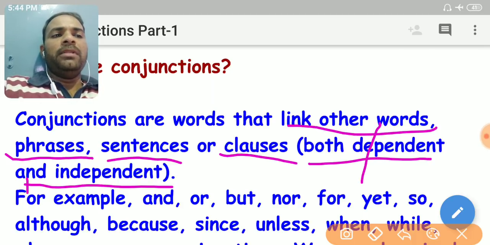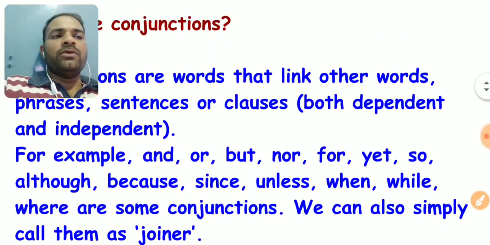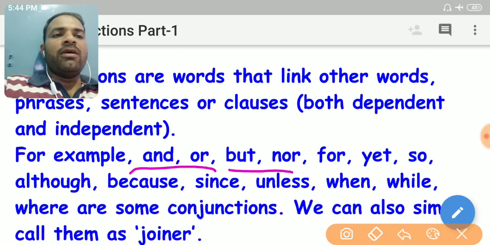Some important examples of conjunctions are: and, or, but, nor, for, yet,